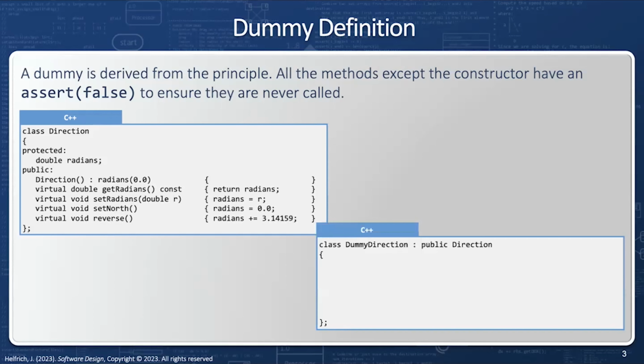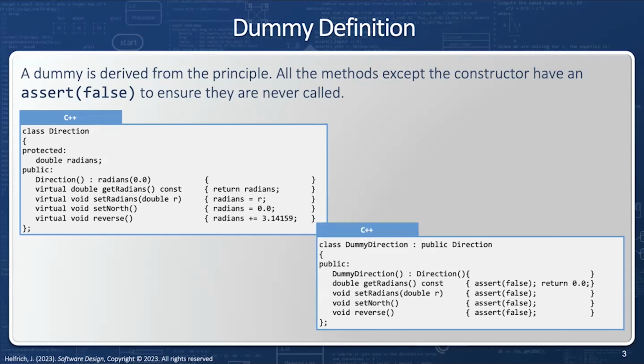Now I'm going to create a derived class off direction, and I'll call this dummy direction, and it's going to derive off of it. And it's going to have a constructor, which is just going to call the regular constructor. And now all the methods are going to assert false. Now take a close look at getRadians. GetRadians asserts false, but it also returns 0, and that's because getRadians has a double return type. Now, if the unit test ever calls any of the methods from dummy direction, an assert will notify us of